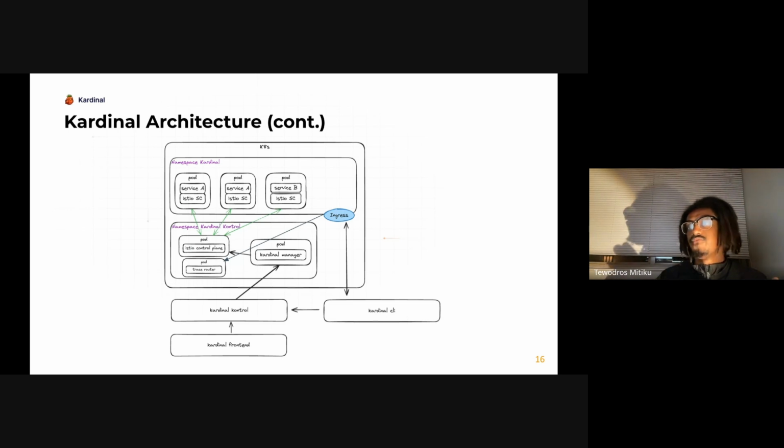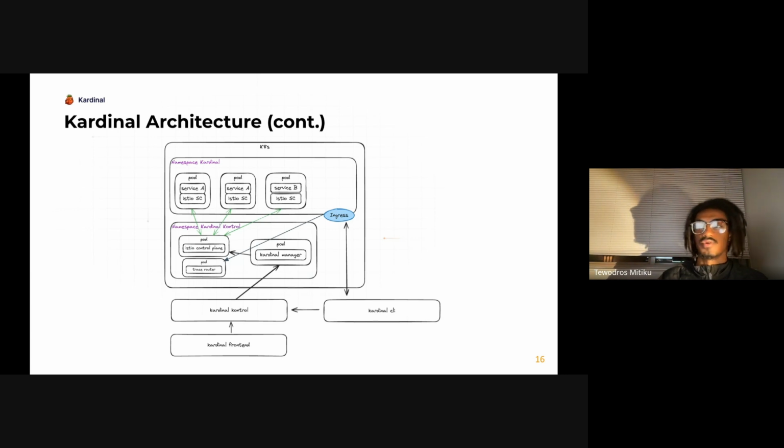So there are four main entities that we're working with. You've got the CLI, which is the thing that the user is interacting with to create flows, delete flows, and deploy the application. And then the CLI will deploy the Kubernetes application to the cluster via the Kardinal control plane. The control plane, which we'll get into, is the thing that does the bulk of the computing to make sure that a cluster is in the desired state that it needs to be in to implement all the desired flows that developers are working with. The Kardinal front end is the thing that allows us to visualize via a graphical user interface all the flows that we're working with. And then this K8s cluster that I've got here is the Kubernetes cluster, where the services are deployed into the namespace of the user.